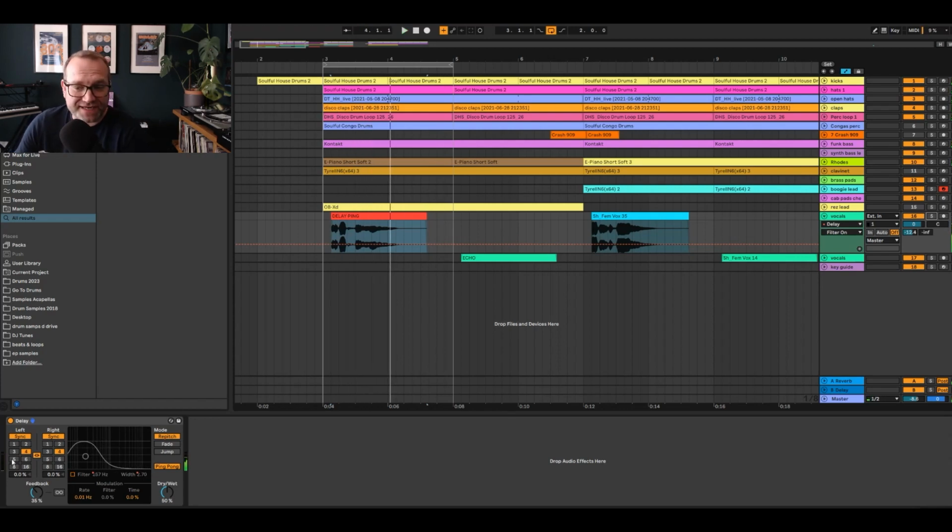So that's how I do delay. Obviously if you were to have it on repitch mode like this and then you changed your sync button here like this, look,